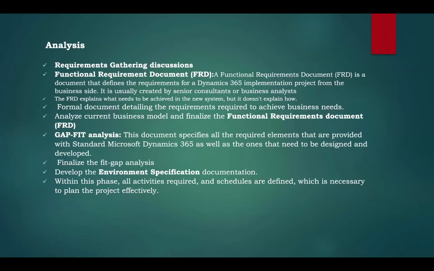project, right? Because let's say initially you have agreed some 100 requirements. After 6 months of the project, what if the customer says that I need a new feature to be implemented? You're not going to accept that as a requirement. You're not bound to do those, right? The reason is, whatever you have agreed from the higher level discussions in the pre-sales, followed by FRD and gap fit, is the finalized one. Rest of them you can consider as a completely new project, add-on or something. So that's the reason this is going to be the base. The FRD is going to become the base of the entire project itself.